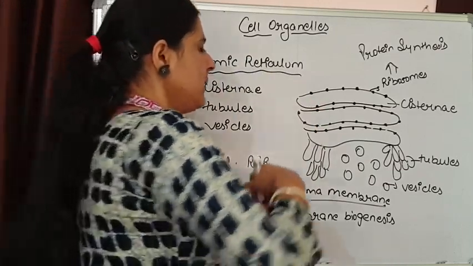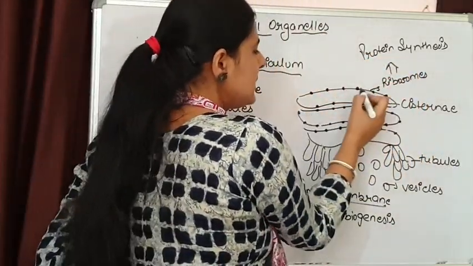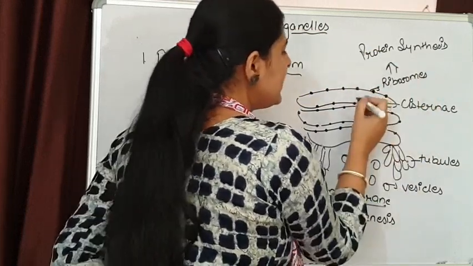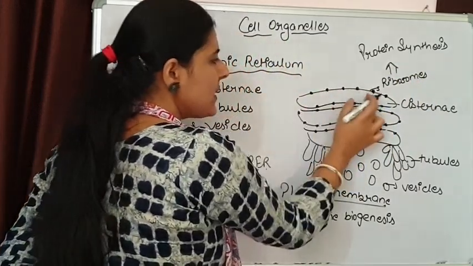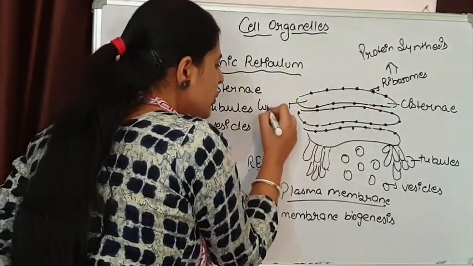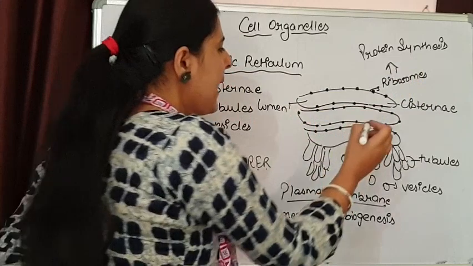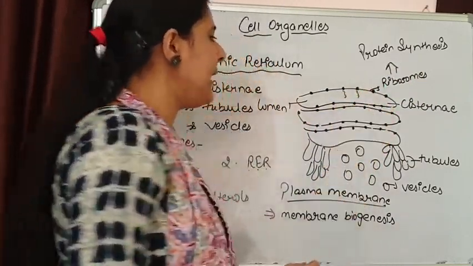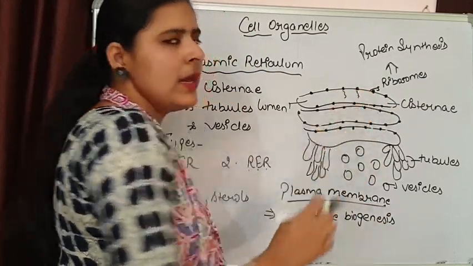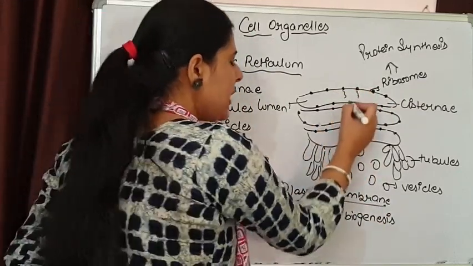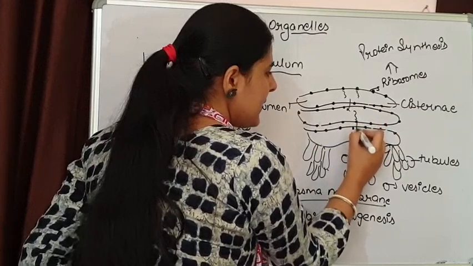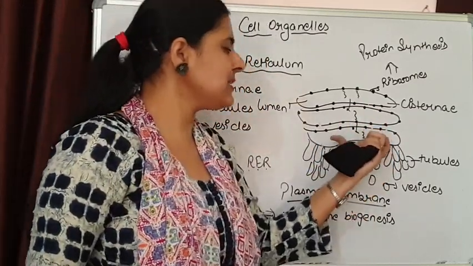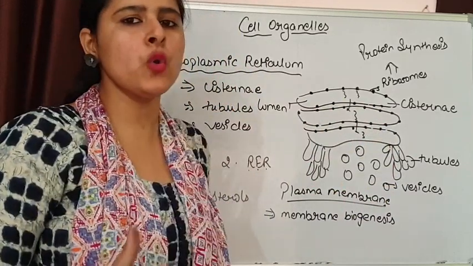Now we concentrate on one thing. When these ribosomes release proteins, they secrete proteins. This is the lumen. The internal space of this endoplasmic reticulum is the lumen of the endoplasmic reticulum. And these proteins, which are synthesized by these ribosomes, will enter into the lumen of the endoplasmic reticulum. They move to the next cisternae, then again the next cisternae. Up to this stage, these proteins are basically non-functional.